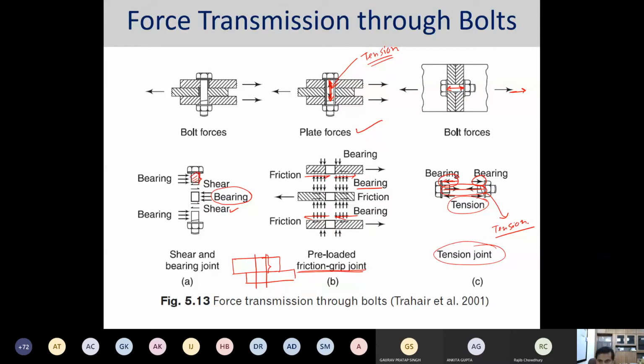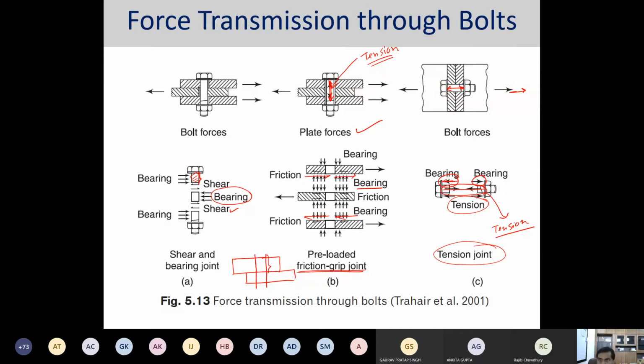bolted joint. Specifically, as we can see, or recap from there itself, typically there are 7 or 8 failure modes available, which was also presented in the last class. So typically there are shear failure of the bolt, shear failure of the plate, then bearing failure of the bolt, bearing failure of the plate, tensile failure of bolt and plate both, and the bending failure of the bolts.